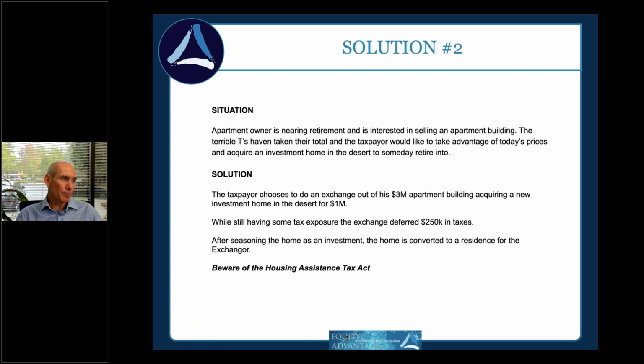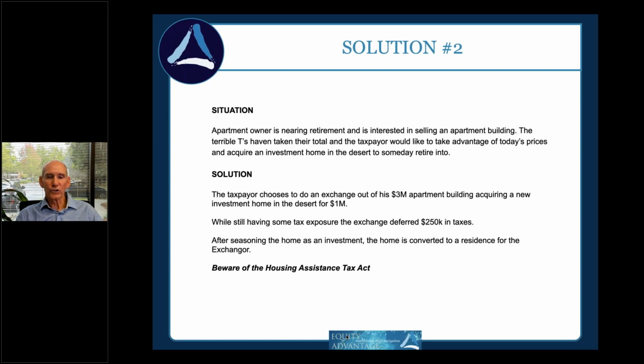Well, what happened is we still were able to defer $750,000 in gain. The basis of the relinquished property was $250,000. So we deferred the difference between the $250,000 and the million, saved them $250,000 in tax. So it's not all or nothing. Be aware that these things are out there.